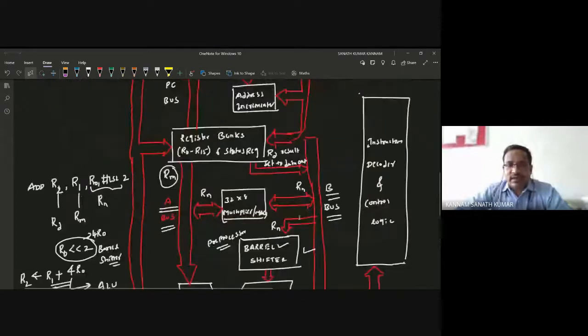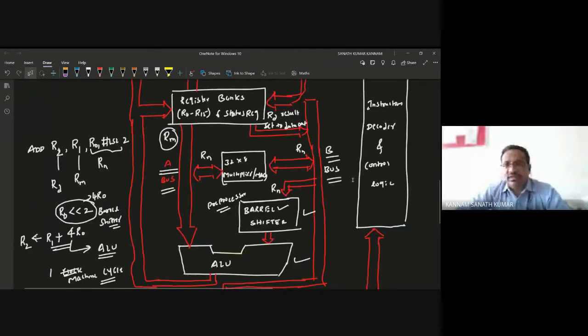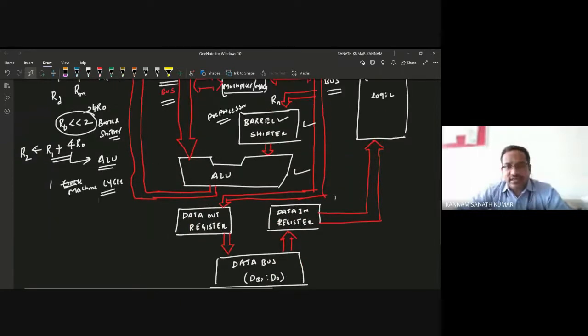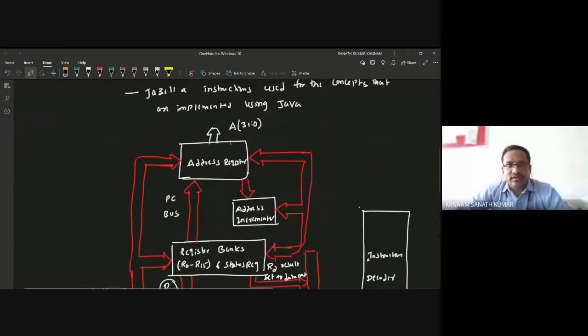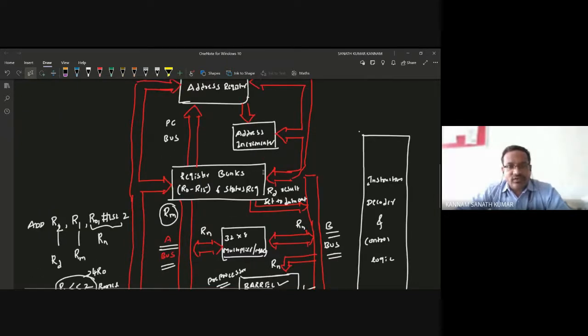Here this is the instruction decoder and control logic. Whatever instruction is fetched from the memory should first be decoded. The address or instruction is decoded into something understandable, which is why we use the instruction decoder. The data comes through the data bus and the data in register, and is given to the instruction decoder. From the address you get the address of that particular register. From the memory location it takes the content, the data, and then stores it in the register.